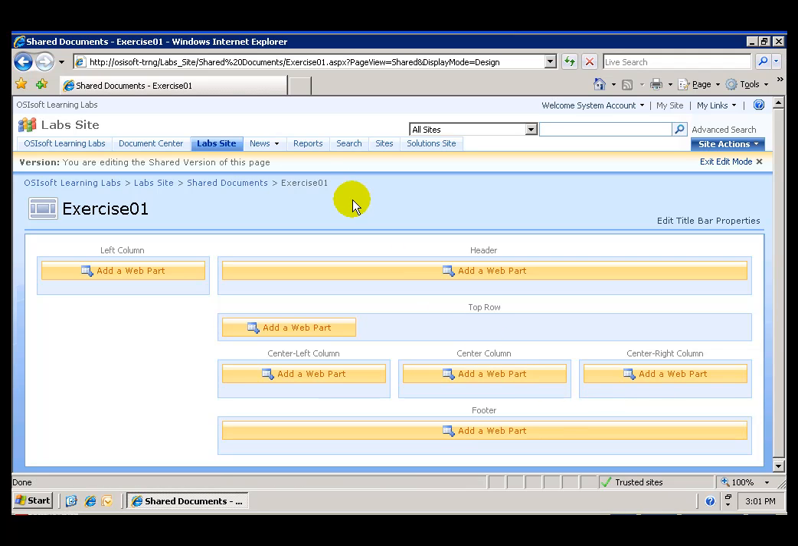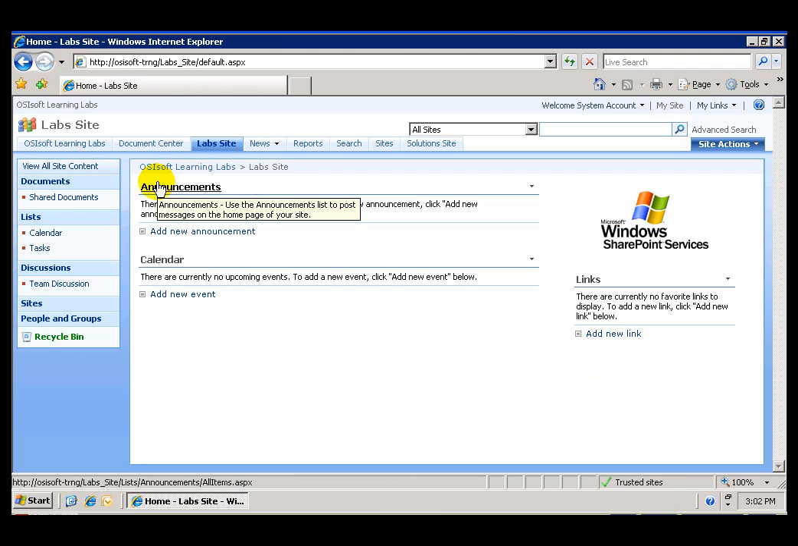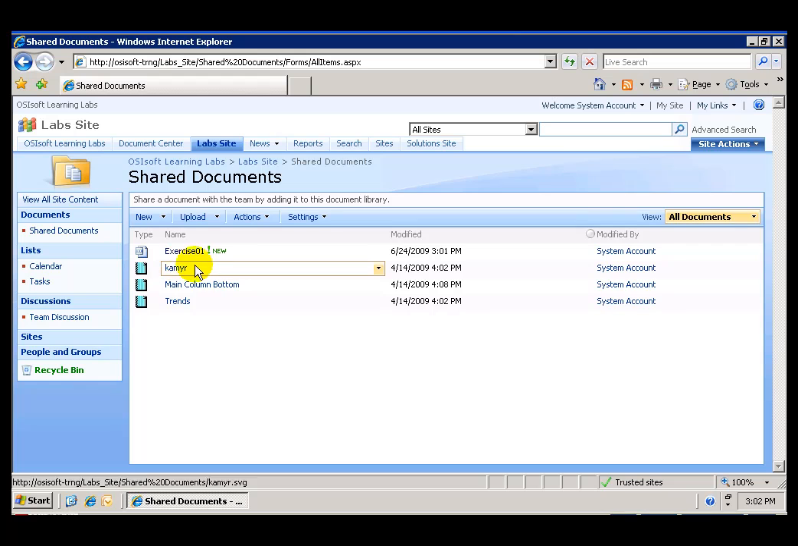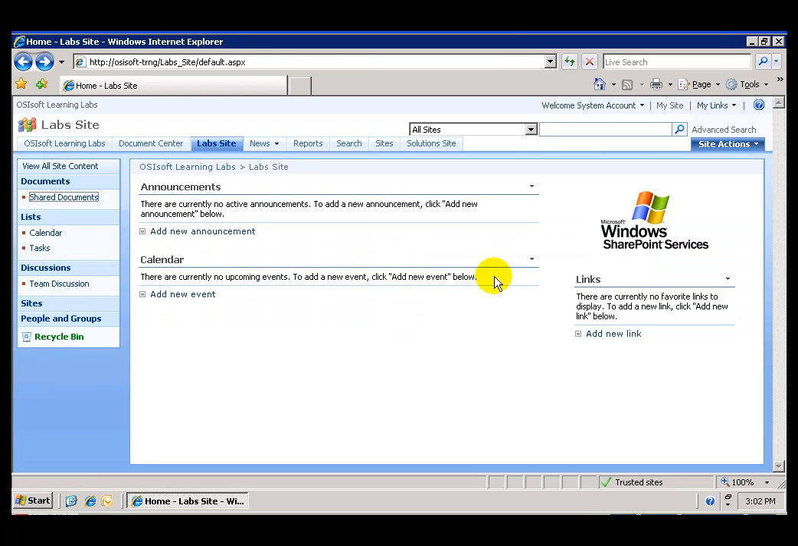configure. Using the breadcrumb navigation, we can go back to the lab site, and in here we see the Share Documents library on the left menu, where we can see all of the documents associated with that page, including the Exercise 01, which is the WebPart page that we created. Going back to this page, the lab site, we are going to practice on how to configure some of these